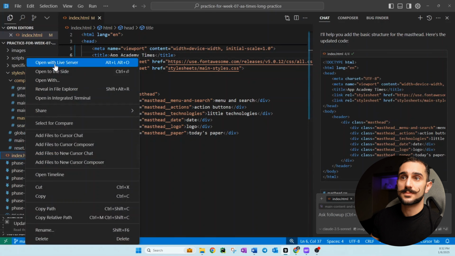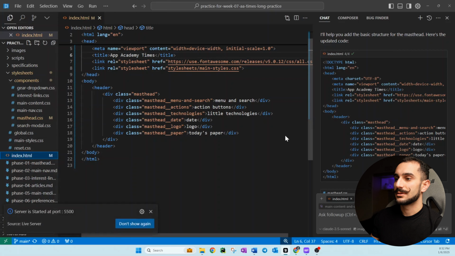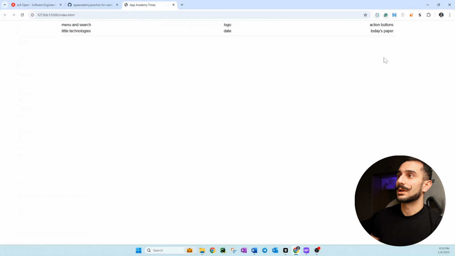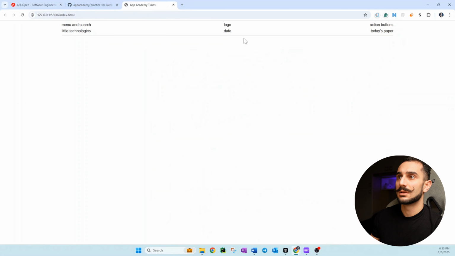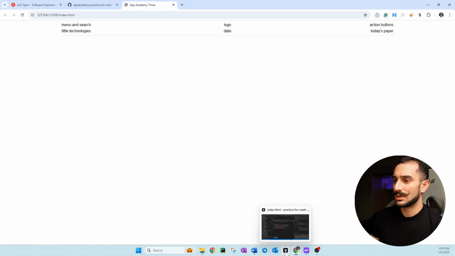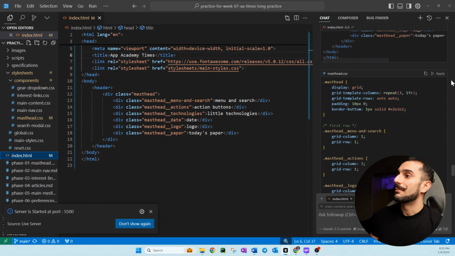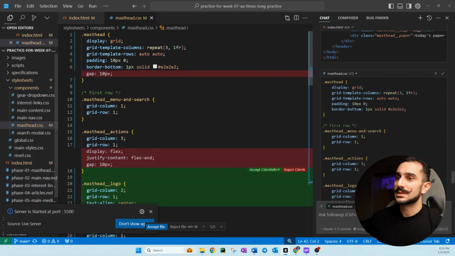So we just need to run this file. Okay, this is the thing. How does it look compared to the actual thing? Okay, it has something. I don't know why it has a border. Maybe there is some style already in the CSS. But then we just apply the CSS part.